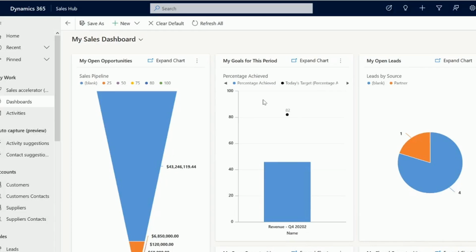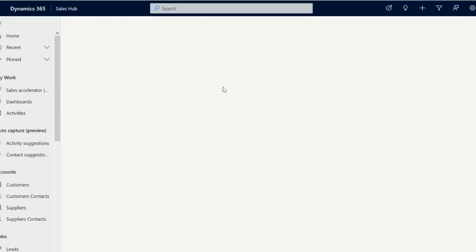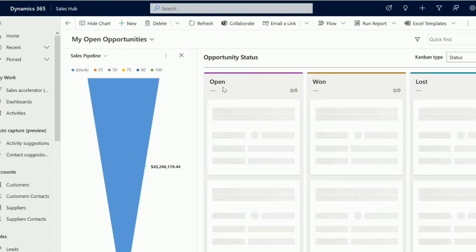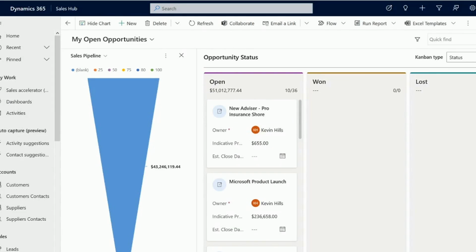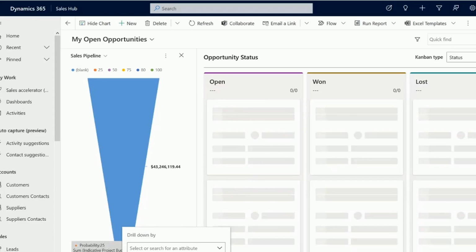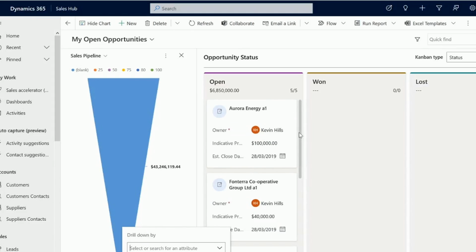Dynamics 365 for Sales is a powerful platform that allows your salespeople to access their information anytime or anywhere. Tailored workspaces and dashboards can be set up so they can see all their important information on a day-to-day basis. These charts can be interacted with so you can actually see all the records that make up that pipeline. They can be interacted with by filtering and actually now seeing all the opportunities that are now at that stage